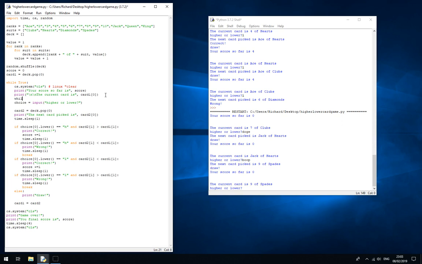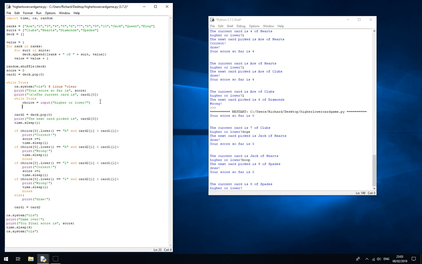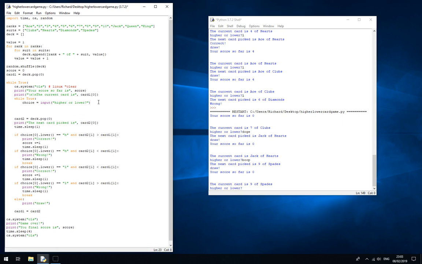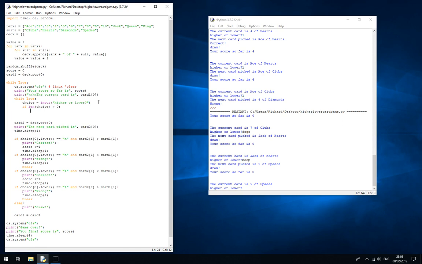So how are we going to do that? Well, I'm going to fix it. We're going to put this choice inside of a loop. The reason we're putting it inside of its own little loop in the outer loop is because we're going to keep asking the user to enter a choice until it's a valid choice. How do we know it's a valid choice? Well, that's simple enough. If the length of what they've just entered is greater than 0, so they have actually typed something rather than just pressing enter,